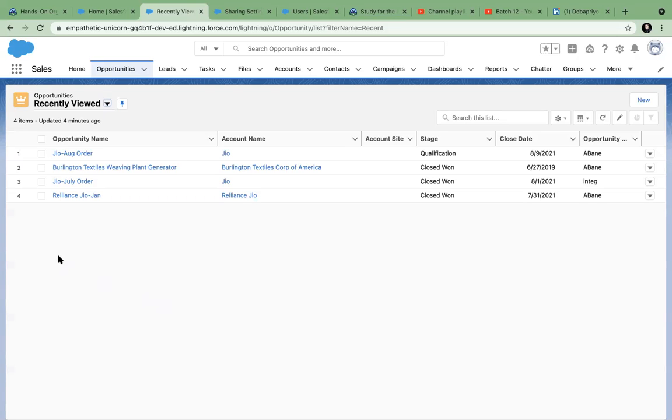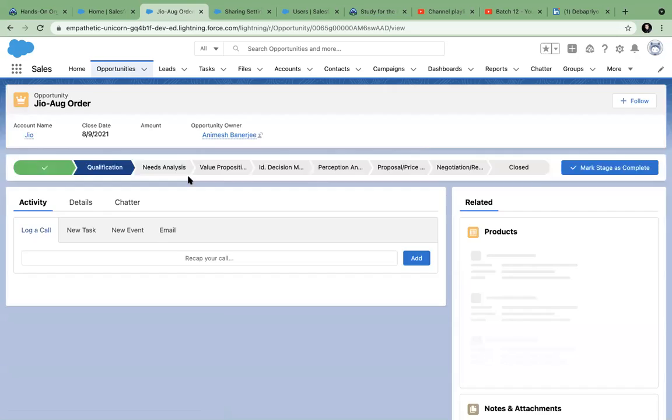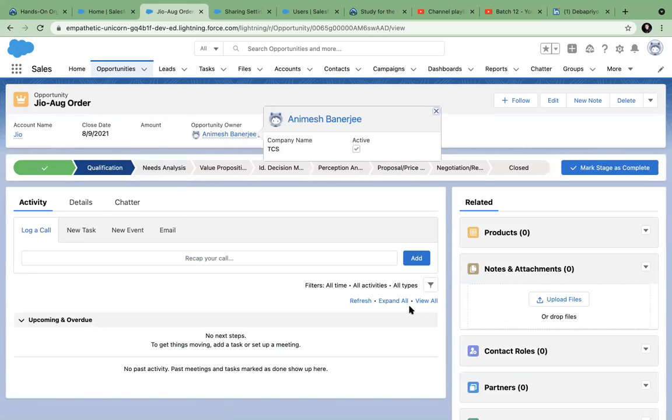So that field should also be meaningful for business people. If I see an opportunity and I see the owner is this guy, that means this opportunity is created or currently being worked by this person, right? So I should not probably touch this record. If I want to make any changes, I have to consult this person. Now, it can be a discipline, or you can set in the system that if you are not an owner, you cannot touch this record at all. So that is where OWD will come into place.